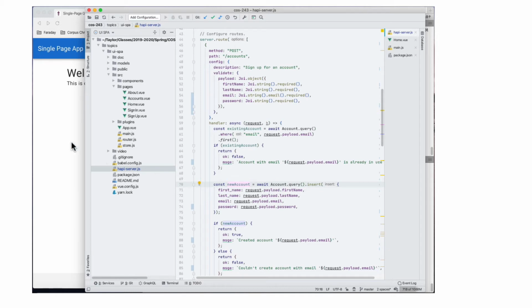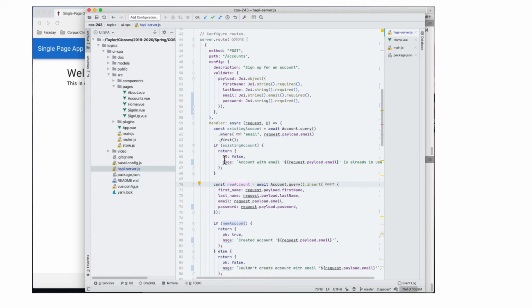Now, because I've got some intelligence over here on the client side, I can make good use of additional information that's being returned from the server. I've mentioned in my earlier videos about Hapi that sending the value back from your route handler is sometimes up to you. How do you want to handle it? I've just established a really, really simple convention. You don't have to use this. It's not any kind of a standard. It's just what I've chosen to do in this app, where I'm always going to give back an object